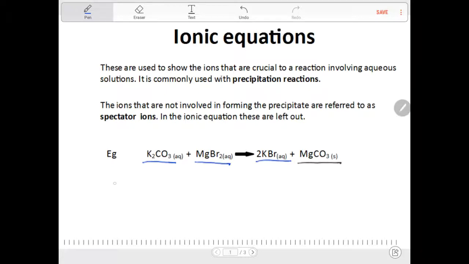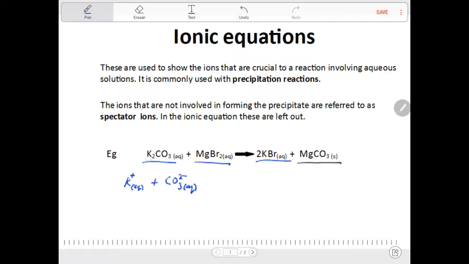So here we've got the potassium ion, which is K+. And we've got the carbonate ion,